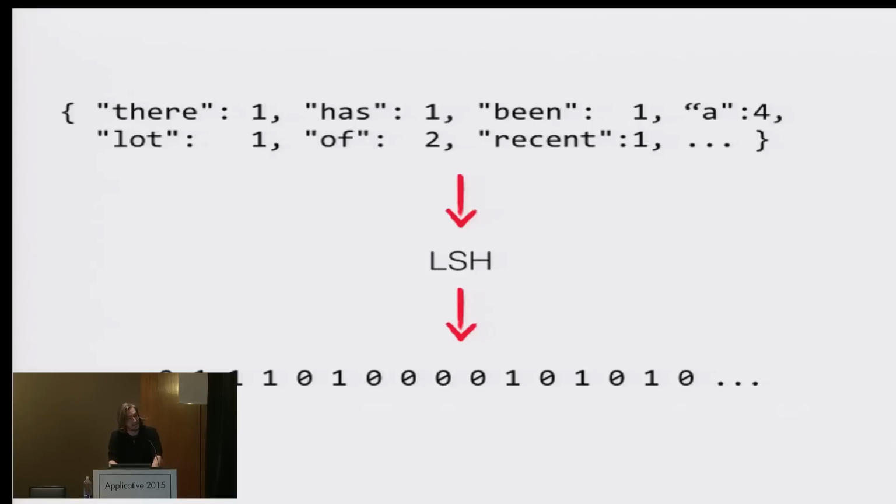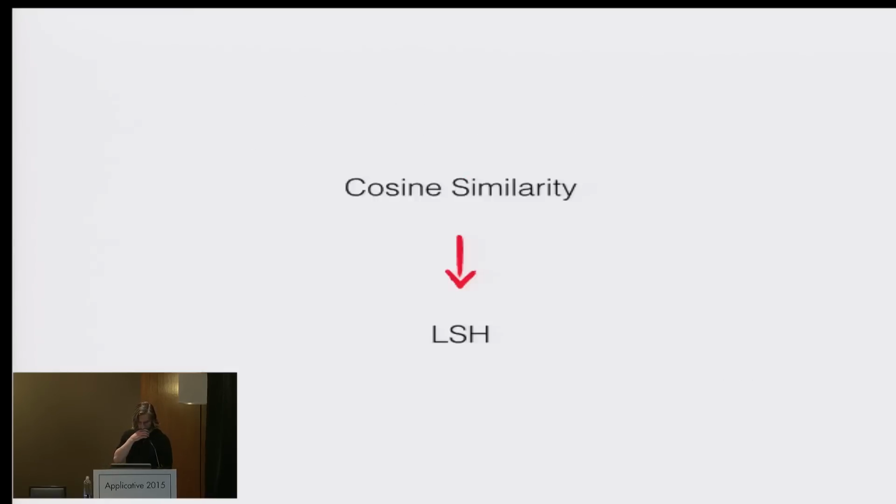And now, given that the documents that were similar to each other will usually end up on the same side of each of those hyperplanes, what we can do is just use Hamming distance to determine whether or not 2 documents are close to each other, just comparing the number of bits in which they differ. And in fact, with this particular LSH, it actually estimates something that's very close to the cosine similarity of 2 different vectors.